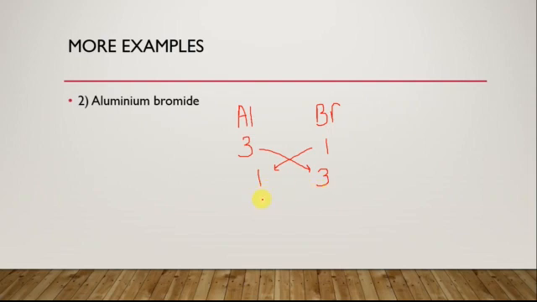So just write down the chemical formula. So it will be Al. Yes, for Al it is 1, so we don't write 1. And the next is Br. For Br, the number is 3. So 3 now we will write in the subscript. So this is the formula of aluminium bromide, AlBr3.